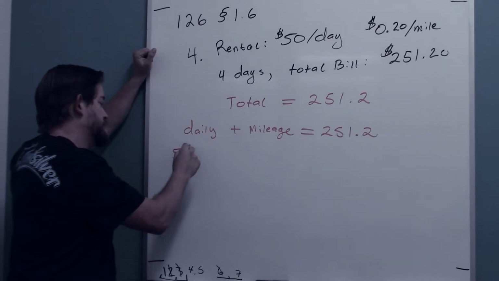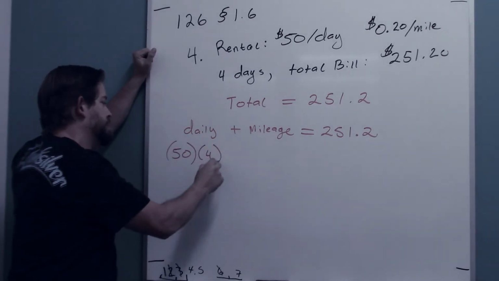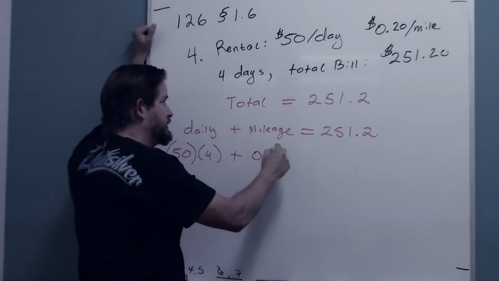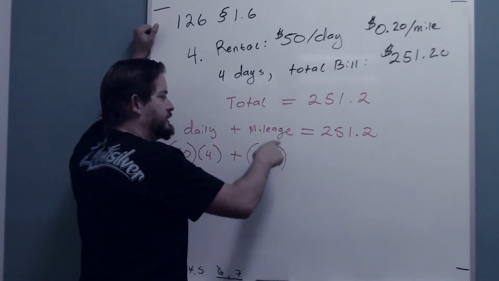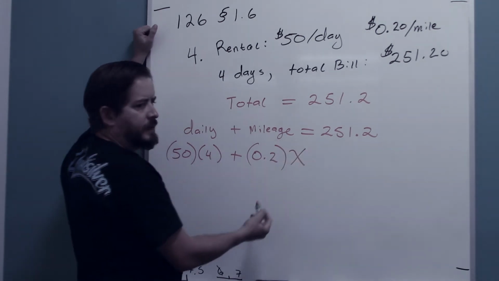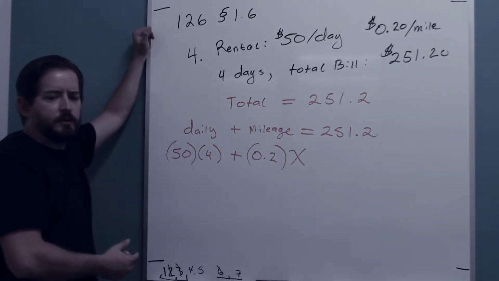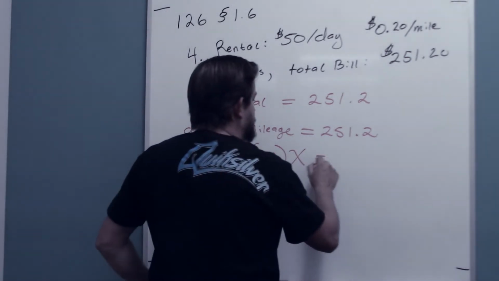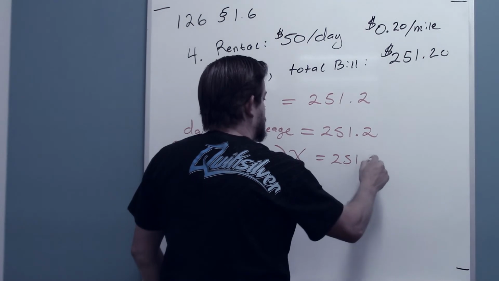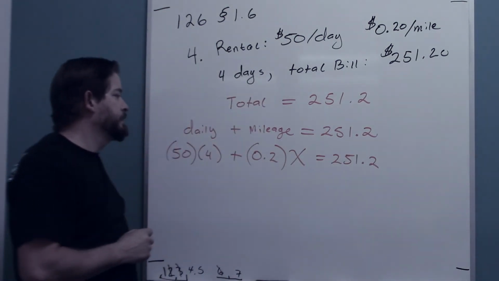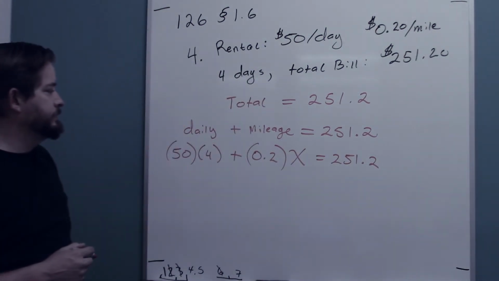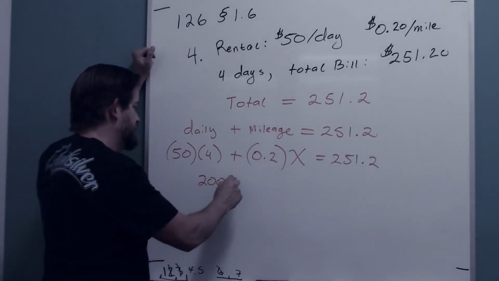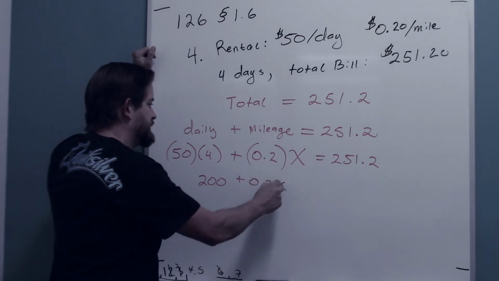It's $50 a day multiplied by 4 days, plus his mileage, which is 20 cents per mile, so 0.2, times, I don't know, call it X, call it M, pick a Greek letter, whatever, throw it in there. This equals 251.2. And that's my equation, right? 50 times 4, I know that, that's 200, plus my 0.2x